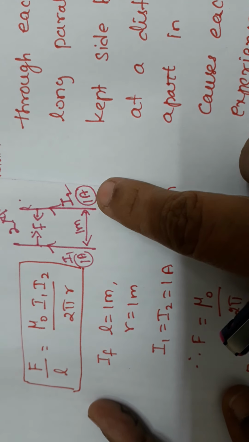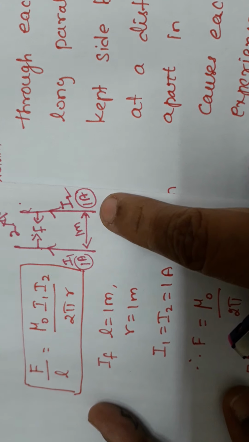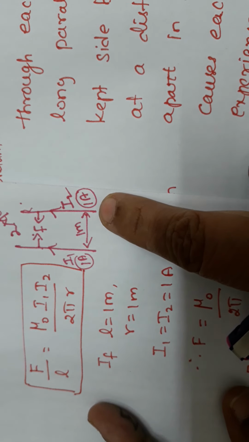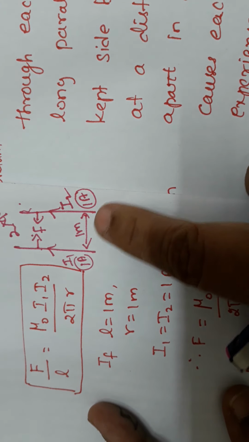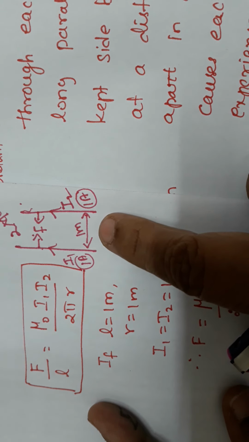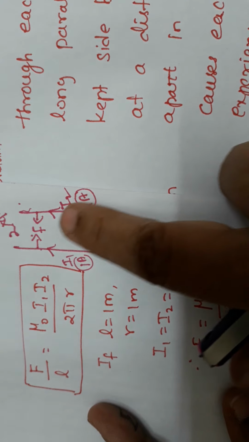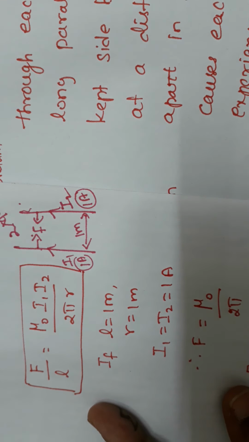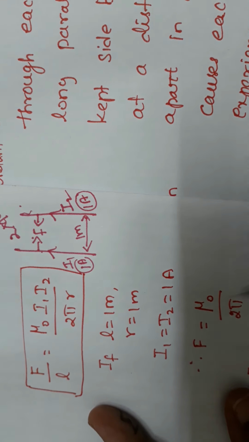Now you can see these two conductors. While explaining these two, what will you write? Two parallel infinitely long straight conductors placed side by side. These two conductors are placed in air or vacuum. Now each conductor will experience force in the magnetic field. There will be a magnetic field.